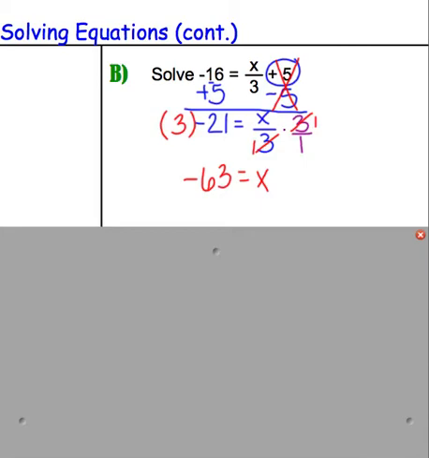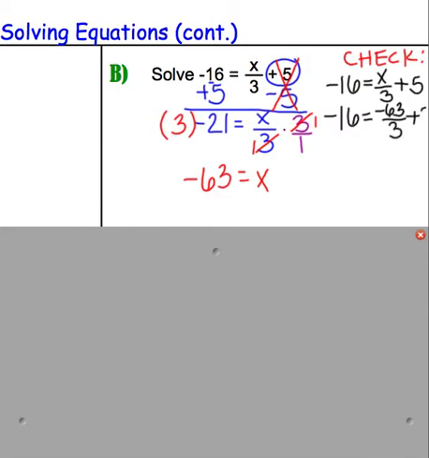So we're going to go ahead and check that. So if I come over here, I always like to write down that this is my check, so I don't mix it up with the rest of my work. So when I look here, my check should start by rewriting the original equation, negative 16 equal to x over 3 plus 5. Now if I go ahead and substitute our value in, I get negative 16 is equal to negative 63 over 3 plus 5. Then when I use order of operations, I get negative 63 divided by 3, which is negative 21